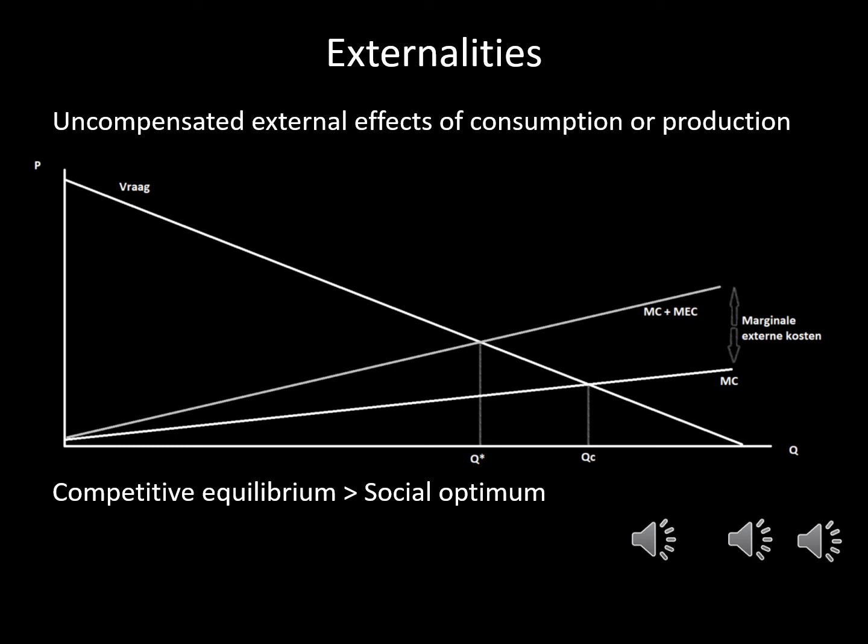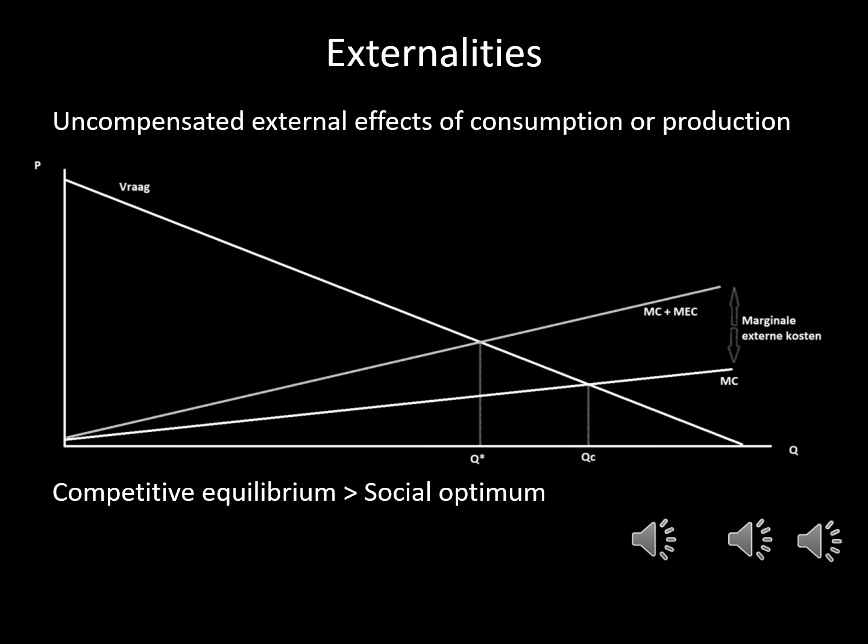Now let us consider a second useful feature of this partial equilibrium analysis and explore the market failure of externalities. Externalities refer to uncompensated external effects of consumption or production. This market failure of externality occurs when property rights are not assigned and the effects on third parties are neglected in the decision making. In case of negative externalities, as for example with many polluting activities, this leads to overconsumption